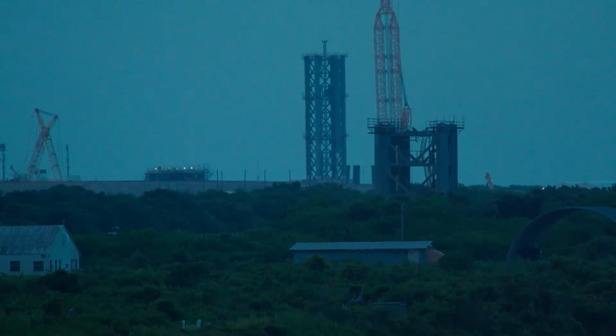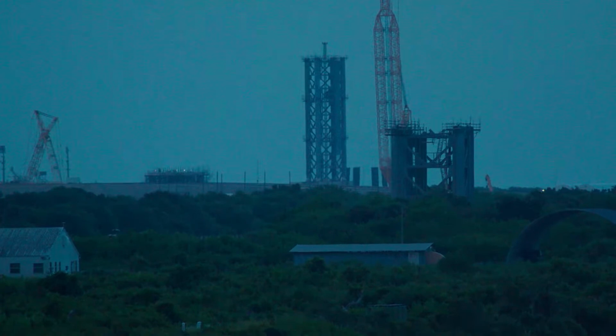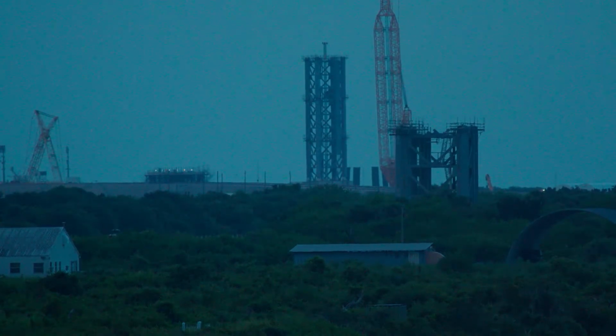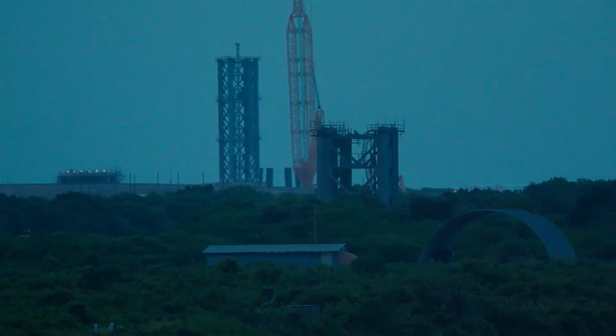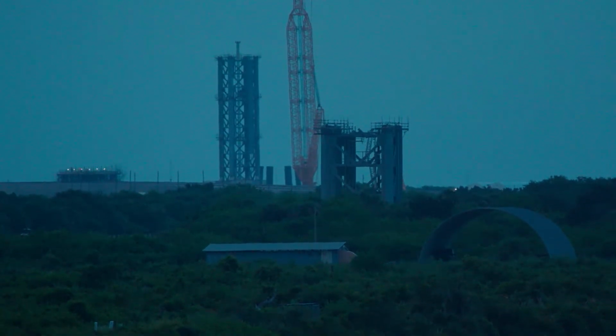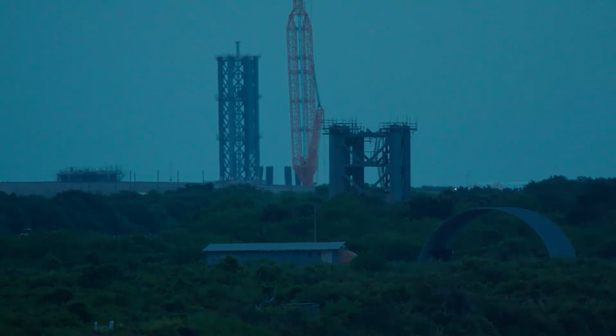And once this segment is in place in the coming hours or days, we expect to see that crane hook up with a spreader bar to the top of this tower segment and then raise the tower segment on top of segment number 3 to continue the construction of this tower. After the tower segments are all in place, there are 9 in total,